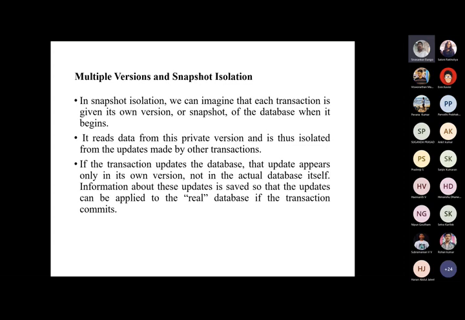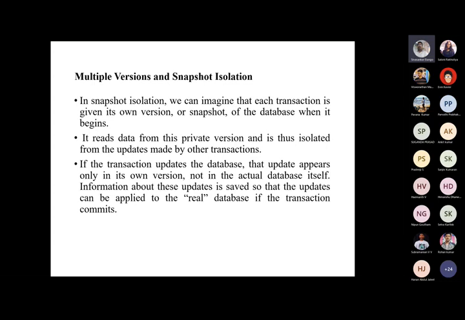So isolation can be implemented by means of a log-based protocol, where either you can log the entire database or you are going to log a particular data item. The second approach is that you are going to have a timestamp approach. You are going to have a timestamp associated with the read data item as well as the write data item, right? So whenever a transaction performs a read operation on a data item Q, you are going to have a read timestamp, and similarly whenever it performs some write operation on a data item, you are going to have